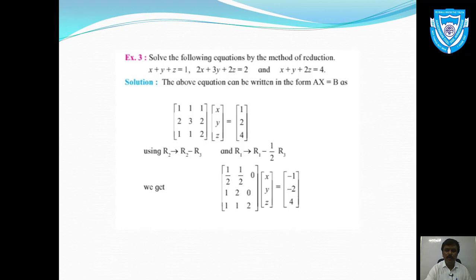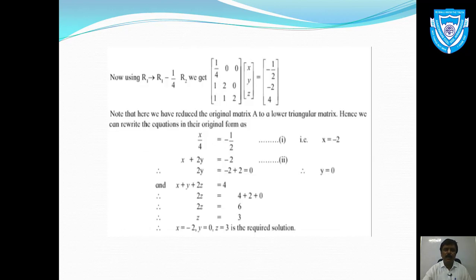जीरो में कन्वर्ट करने के लिए, कन्वर्ट करने के बाद हमें जो मैट्रिक्स मिलेगा, मैट्रिक्स फॉर्म मिलेगा, उसको हम लोग डायरेक्टली will convert it into equation. उसको वापस इक्वेशन में कन्वर्ट करेंगे. इक्वेशन में कन्वर्ट करने के बाद easily we can find the values of x, y, z. So here after all these calculations we got x is equal to -2, y is equal to 0 and z is equal to 3. The process is the same.